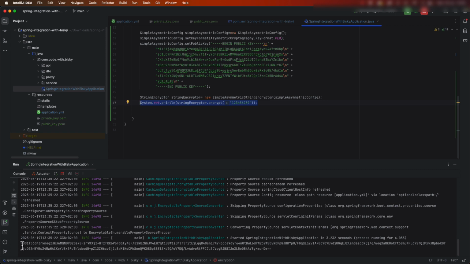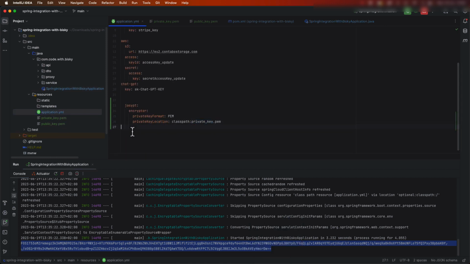Yeah, this is the key that you encrypted. So this is the key. After we print, this is our encrypted password. So just copy it, and let's go to our YAML, and here we just say